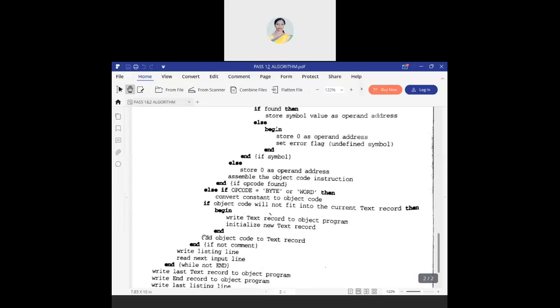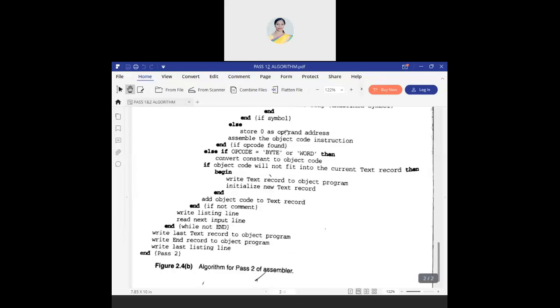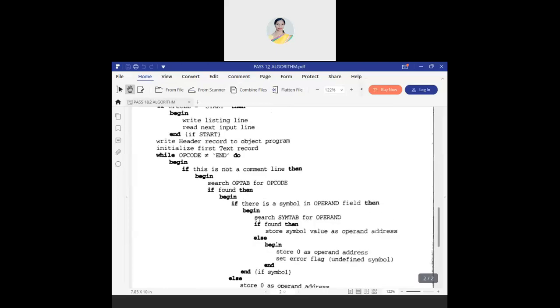Then keep repeating this. Add object code to the text record. Keep repeating while you get the END. Write the last text record to the object program and write the end record to the object program. Okay, fine. So these two algorithms are very important.